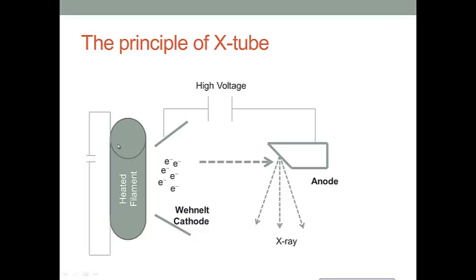As I just explained, we have a heated filament. You see here we have some electricity connected to this heated filament to create the electrons. How do we make these electrons escape the filament? We must heat it, because you know if you heat it, they will